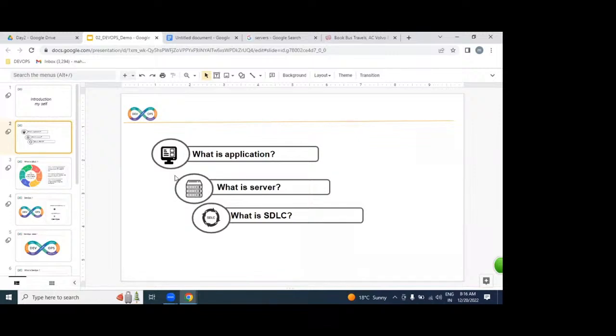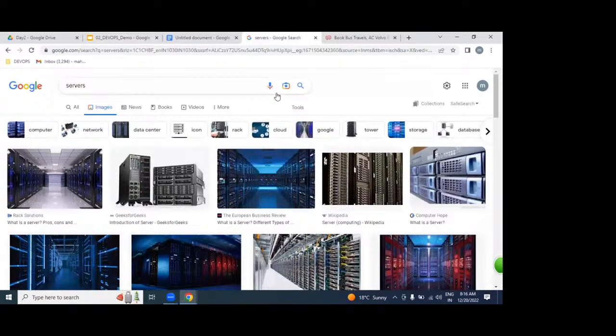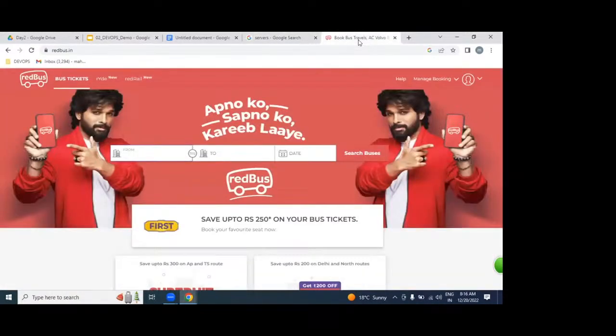From a definition point of view, an application is the working software written in any programming language, Java, .NET, Python. That application we place on hundreds of servers. Once it is placed on servers, we access it over the internet as a website.